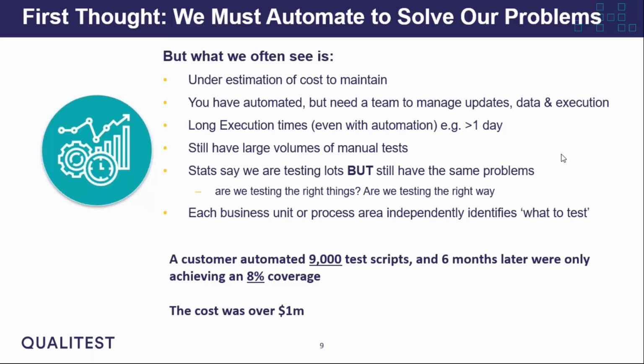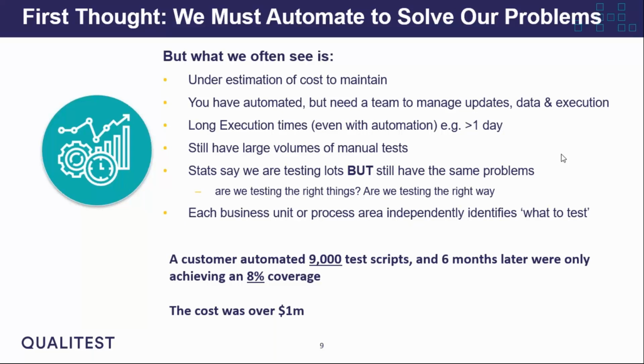So they're selecting the tests independently. So we don't know if we're testing the right things. So a combination of these results across cost, time, quality results in the element of we tried to do automation to resolve these problems and it hasn't. And again, key takeaway, automation is just one piece of the puzzle, a very important piece, but one piece.